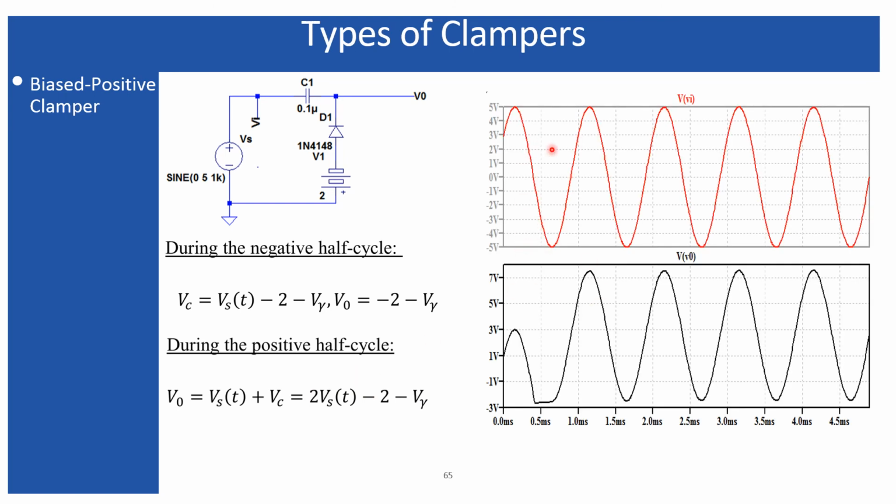And this is this one. So it was plus 5, minus 5, and now it is oscillating between 7 volt and minus 3 volt. So basically, it is shifted somewhat in a positive direction, but not like the previous one. It is right now between plus 7 volt and minus 3 volt. And this state is a transient state.